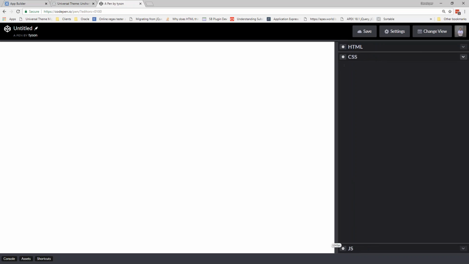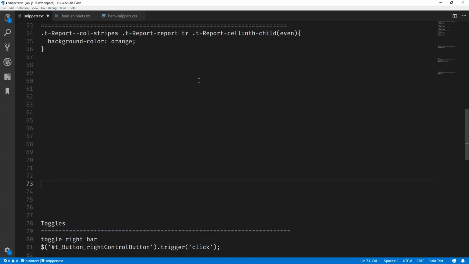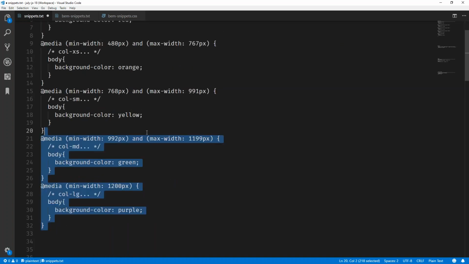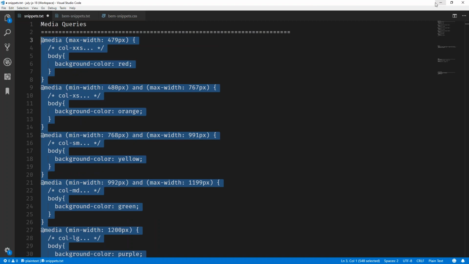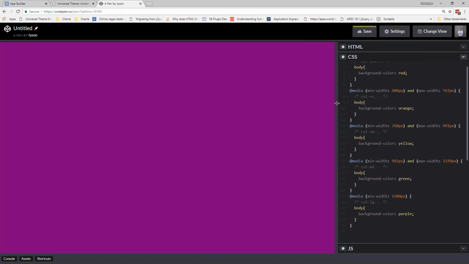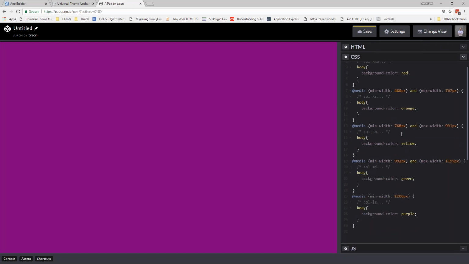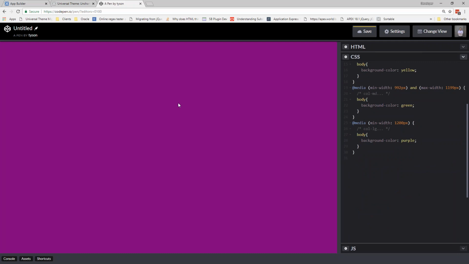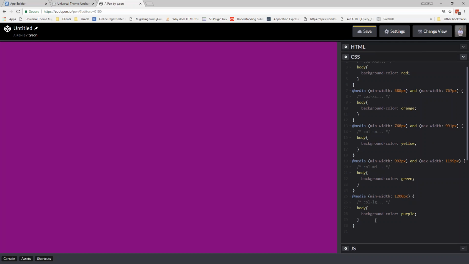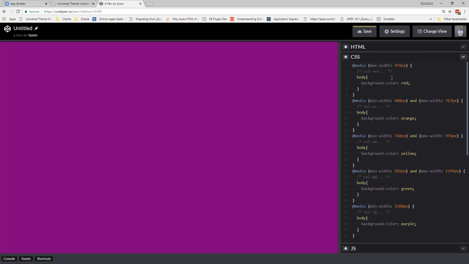So let me go ahead and expand that here. And if I open up my little code sample, copy this, and paste this in here. Okay. So I just want to point something out. Notice that at the moment, my background is purple, and if we try to look at the CSS, you can see that I have a color of red, orange, yellow, green, and purple. And as I make things smaller,